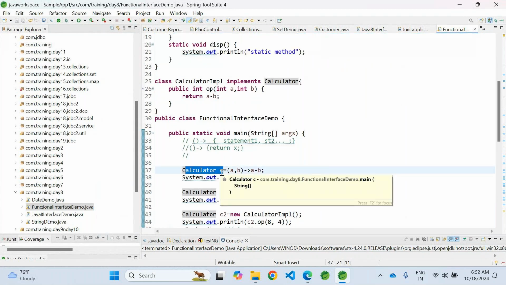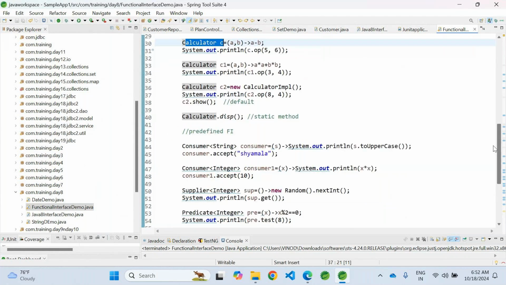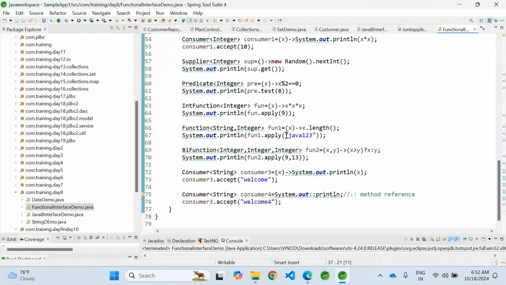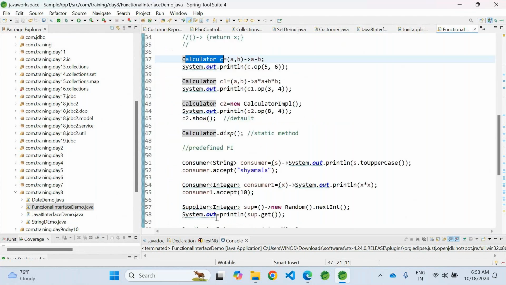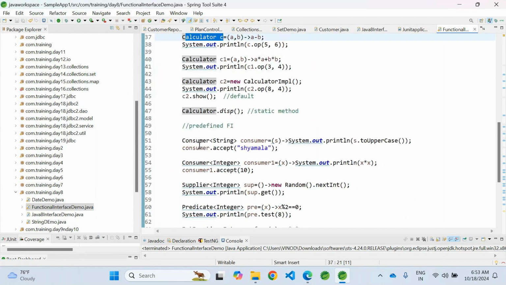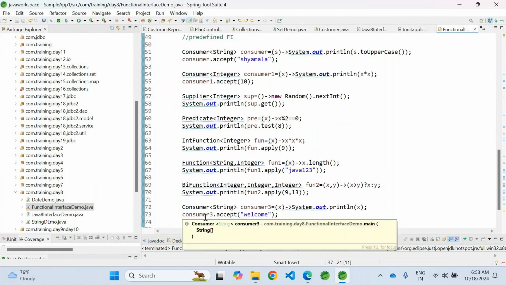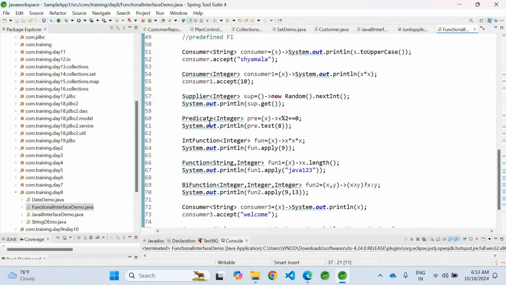Suppose your conditions and functions are limited to these operations: take some input and give some result, test some boolean expression, return some type. You don't need to write this interface yourself. Wherever possible, utilize the existing functional interfaces. If that is not possible and more customization is needed,